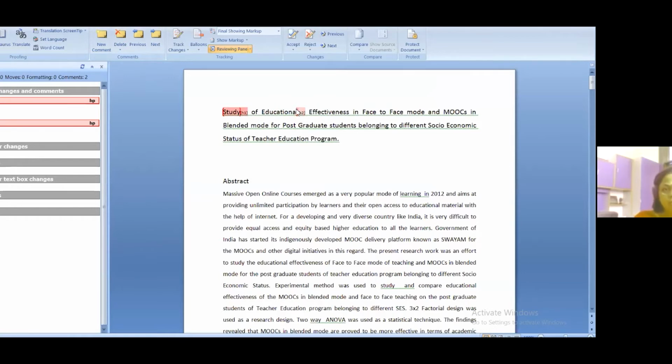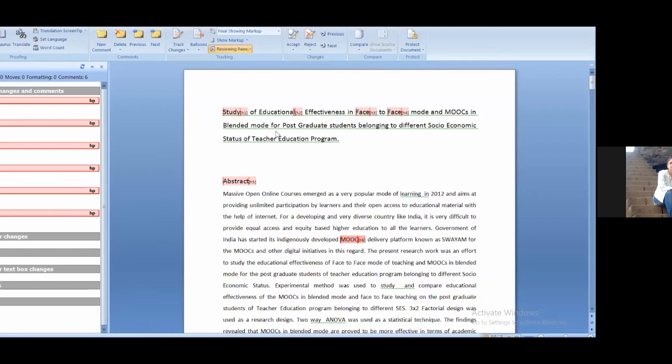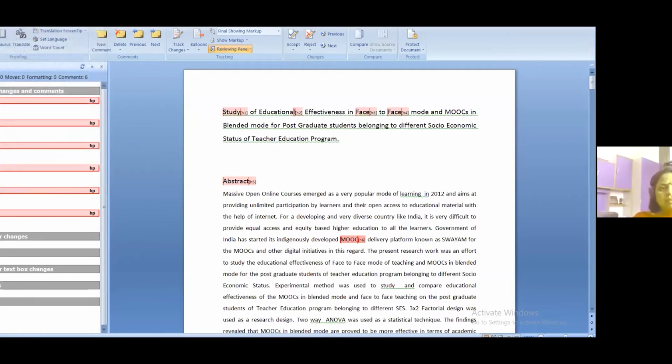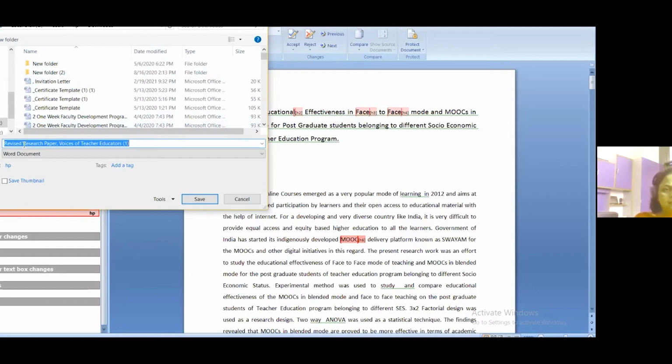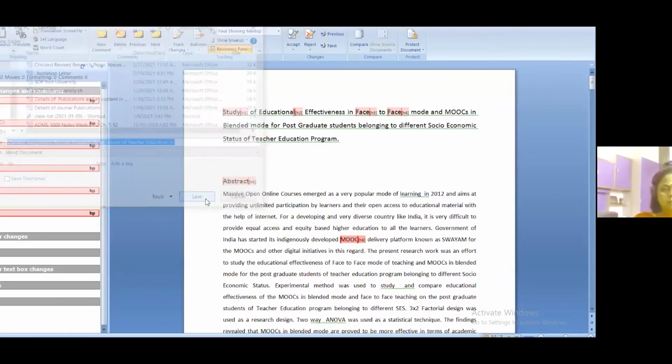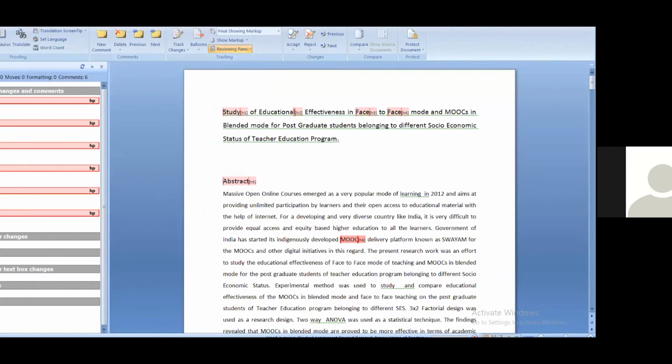Whatever you want to add, you can add. So this is the way you keep on checking your assignment. You can give it some name and save it in your system.